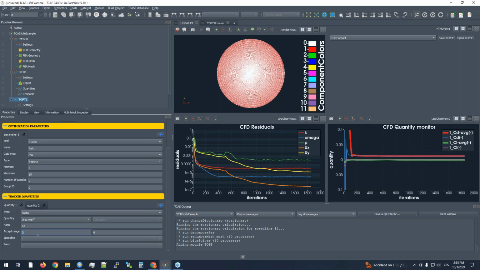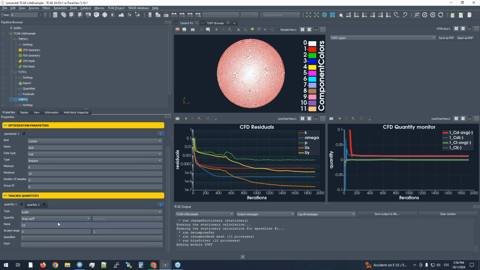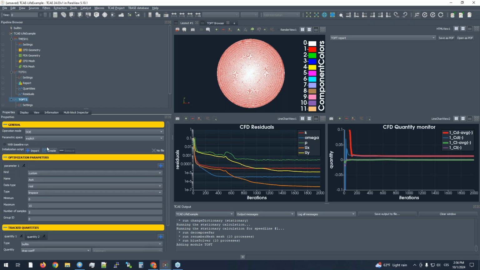Here, positive should be 0 up to, let's say, 1. And this is the accept range. When the simulation gives these parameters out of the range, then the simulation will be excluded from the set of T-opt simulations. And then what is important, and here's the trickiest part, you need to create an initialization script